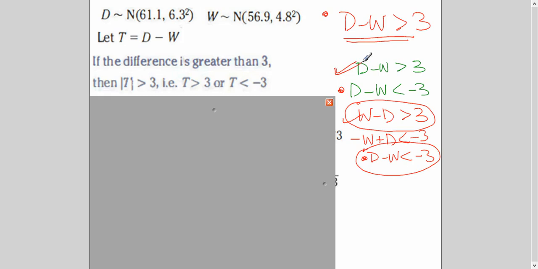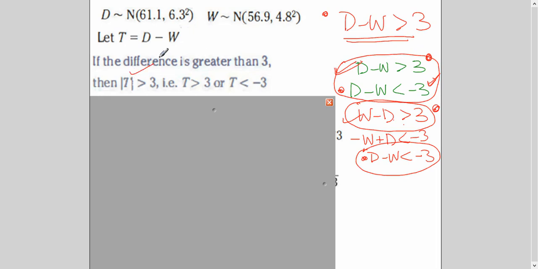So you're already finding it out and you have to find this also out. So that's why you write this as well. I'm repeating, you have to actually find this and this both. If you want to do it this way, then you have to calculate two distributions, d minus w and w minus d. And I want to avoid working that way. I just want to calculate one distribution to save my time. So I'm writing this equation in another way, which is d minus w less than minus 3. And I'll explain it to you. So that's why we solve both of them to answer the question.